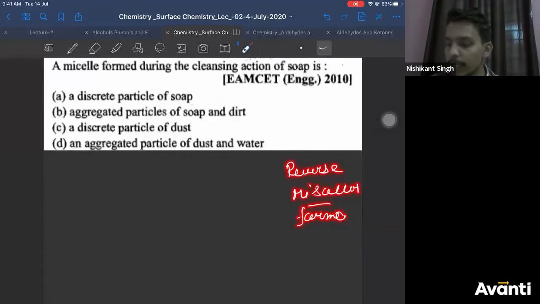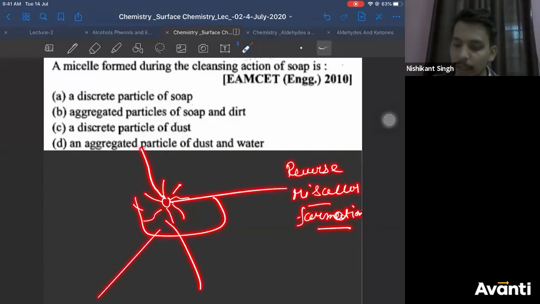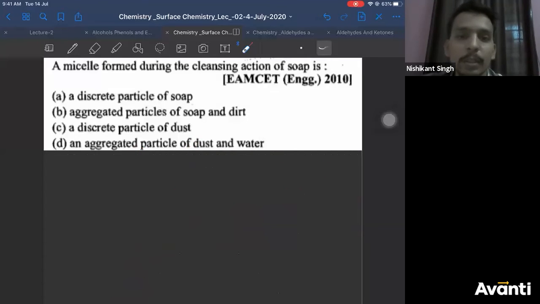Not only this, if I get time tomorrow, I'll show you that video. You will see the micelles are formed, right? You'll see one person bringing a glass rod, putting it in water, and all the micelles will start moving away. Why does it happen? Because he's bringing the polar part in, so the non-polar part moves away from the polar part. You can check it. This is almost how sanitizer works on your hand. Now let's end this question.